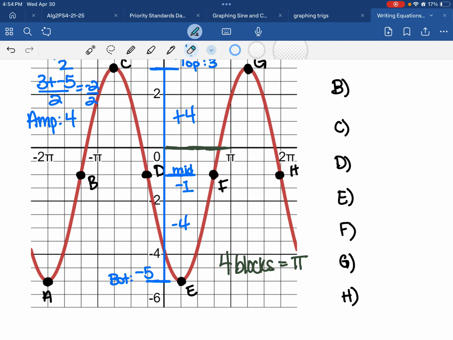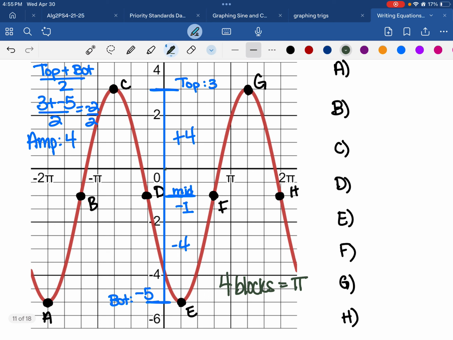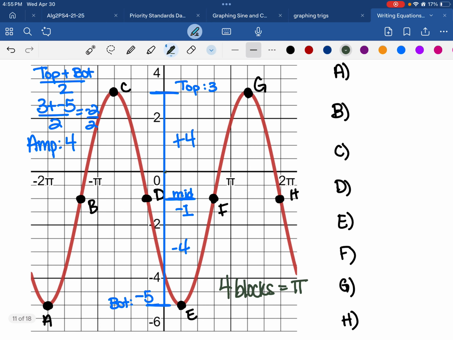Okay, and I'm going to erase this part out here. You can count that out. You don't have to actually draw it, but that's what I was doing. So if I count the distance from C to G, if I take my laser and I go 1, 2, 3, 4, 5, 6, 7, 8,